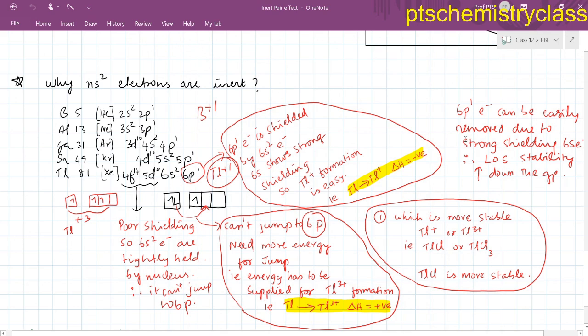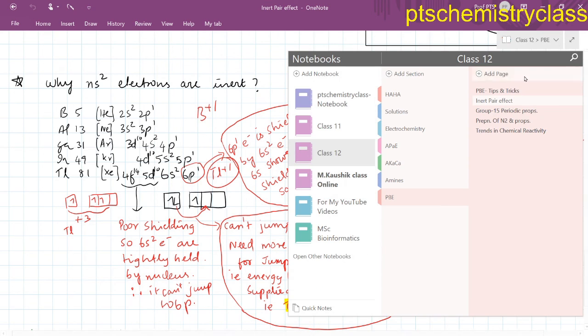At this point, the 6p1 electron can be easily removed due to the strong shielding of the 6s electrons. Therefore, +1 is the LOS for this group. LOS stability increases down the group. So you need to remember this point. So with this, we'll just